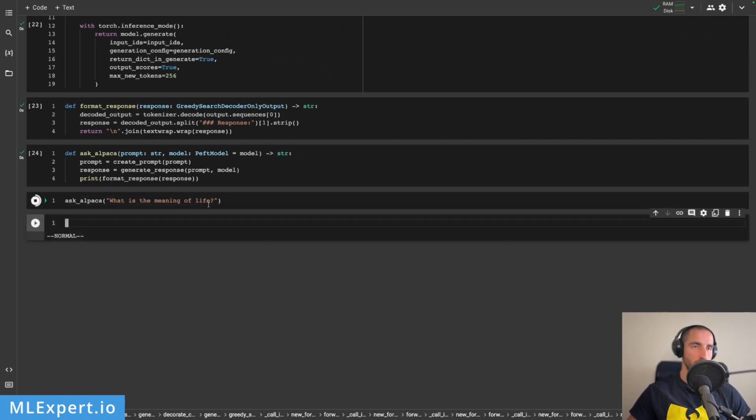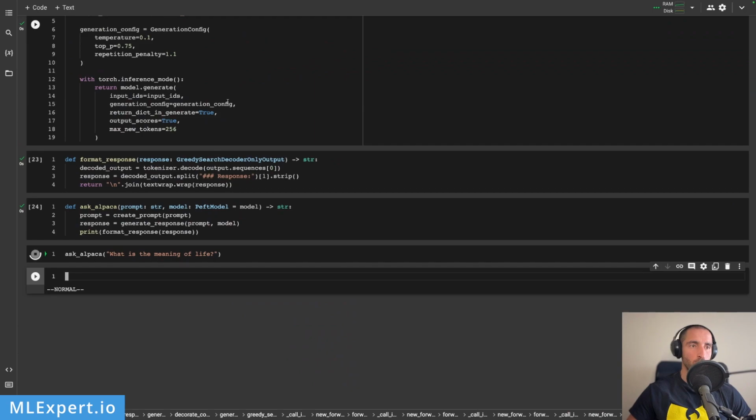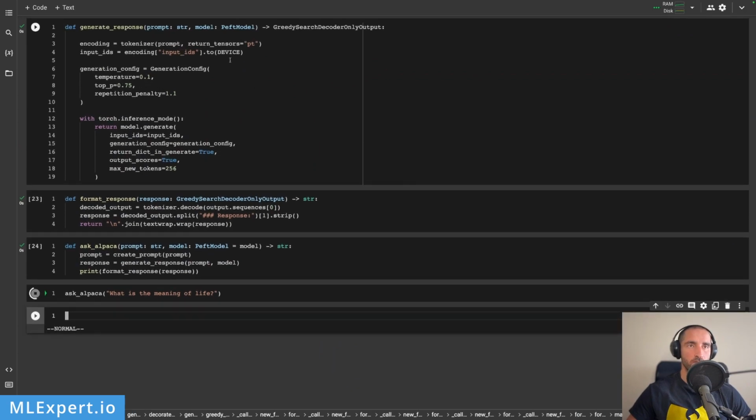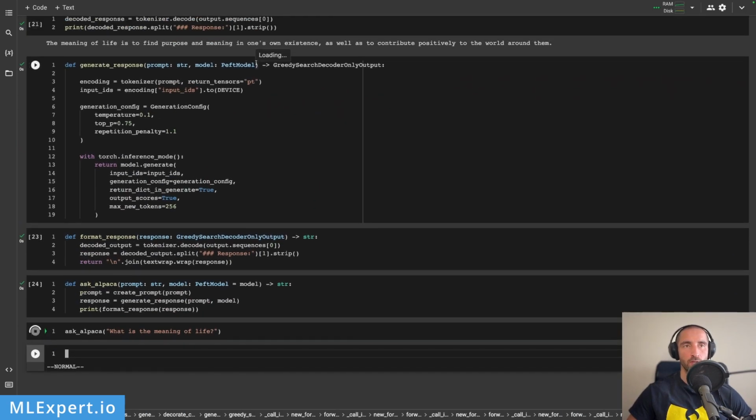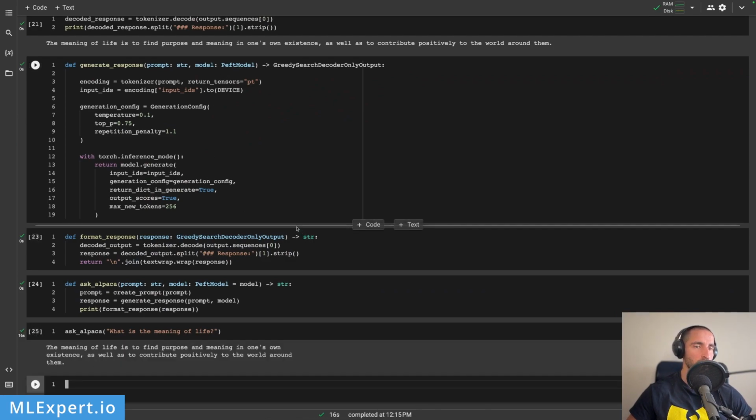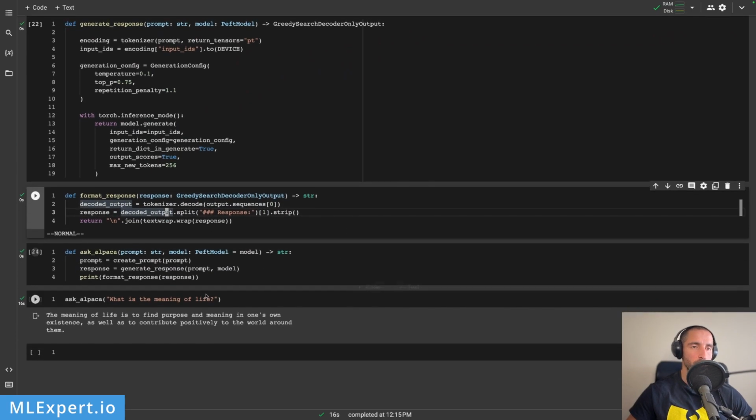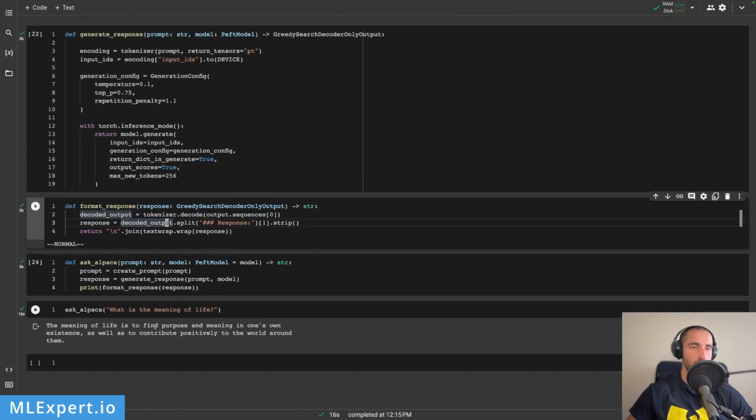Let's see if everything is running. So you might want to go and check some of the parameters in here. You might want to give them in some sort of a config, or maybe as default parameters in here. This is of course not perfect, but you might have to play it out the way that you want it to wrap it. And this is the text wrapped response. You can see that it is much nicely formatted compared to what we had previously,